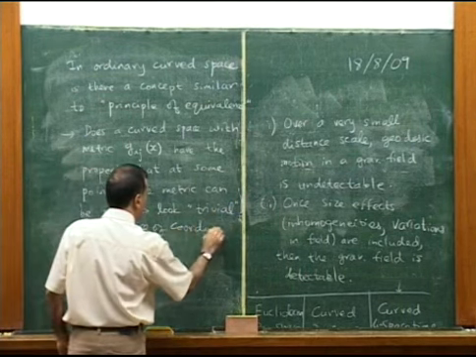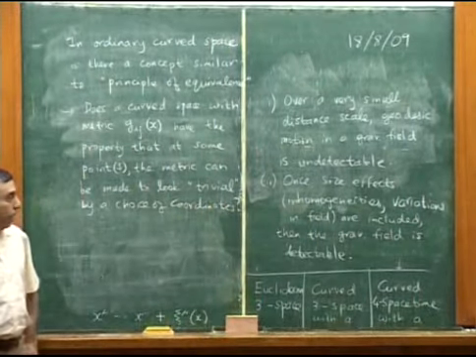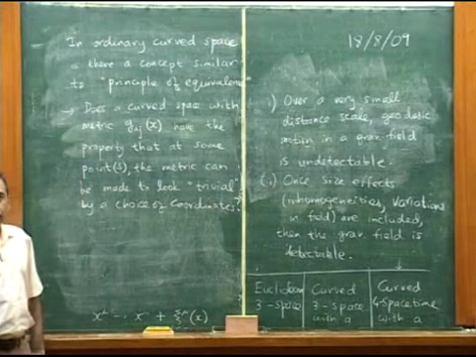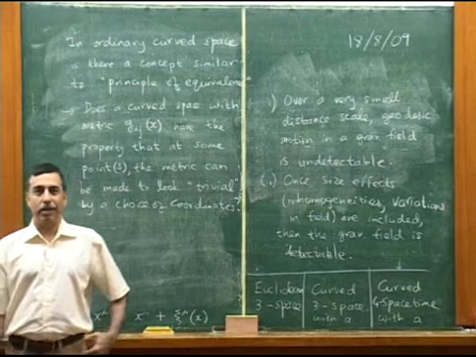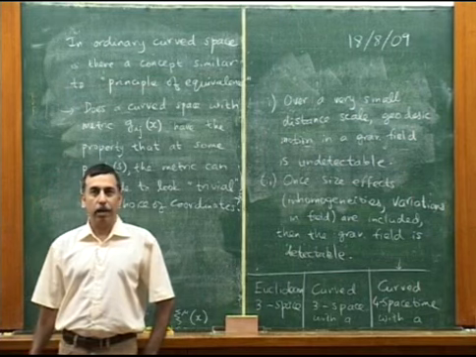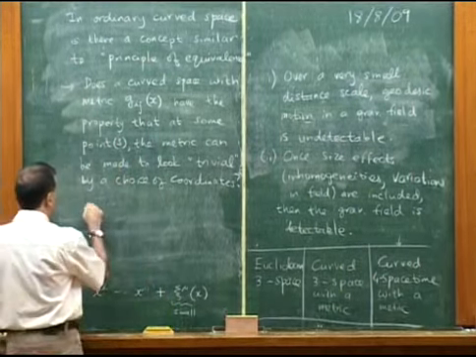What's a trivial metric? Delta ij would be a trivial metric. Just the identity in a space. That's what would cause us to say, well, essentially there's no metric. It's just a familiar Euclidean space. Euclidean space has the metric delta ij. So the question would be then, can we,